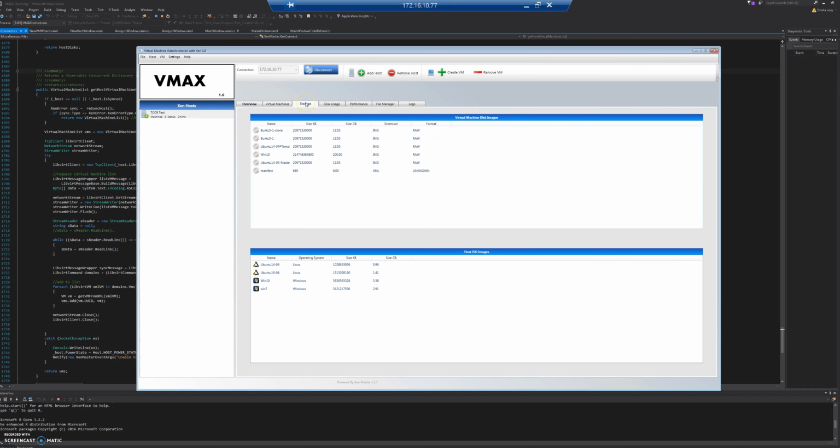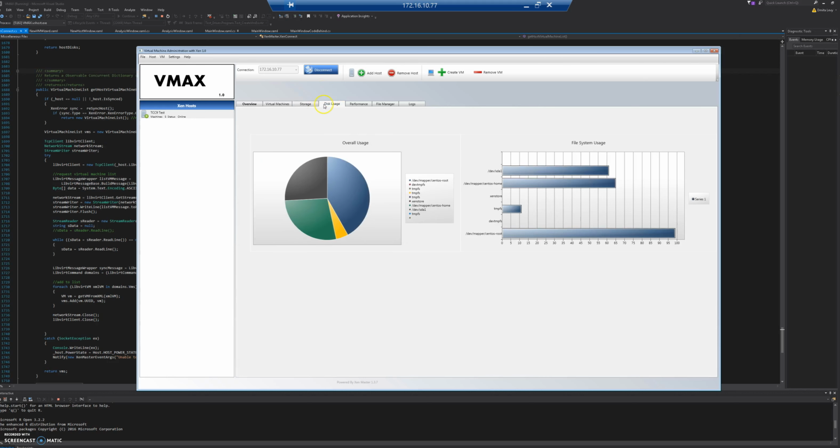The Storage tab will list all of the available virtual hard disks on the machine, as well as all of the ISO files that are on the hypervisor for creating new machines. You can click on disk usage to get an idea of how much space is being used on the machine. Typically, the root directory is a directory that should have the most space,